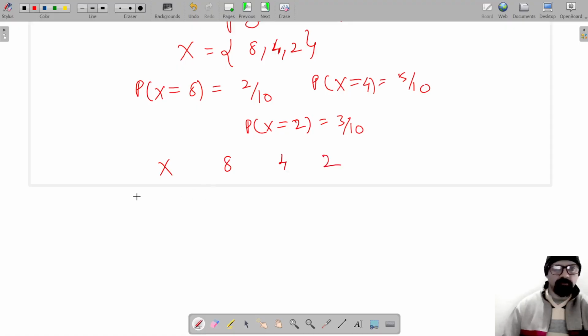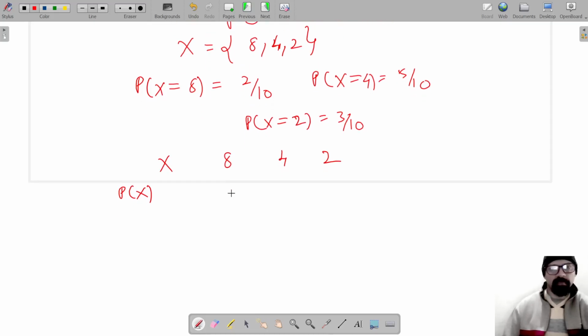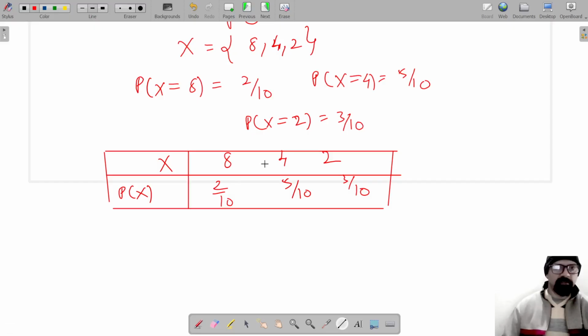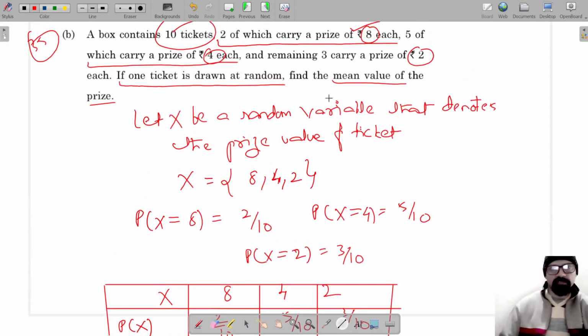8, 4 and 2, और उनकी respective जो probabilities हैं वो लिखेंगे अगले row में, और ये है 2/10, 5/10 और 3/10। और इसको बना लेते हैं हम tabular form में। तो ये बन गया probability distribution table for the price value of the prizes in a lottery। लेकिन हमसे पूछा है mean